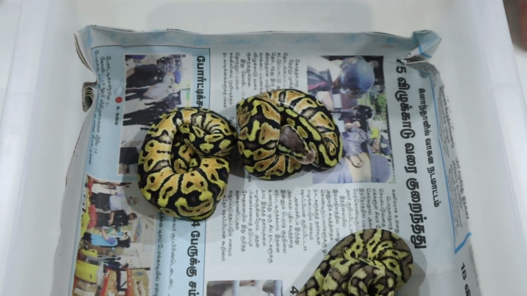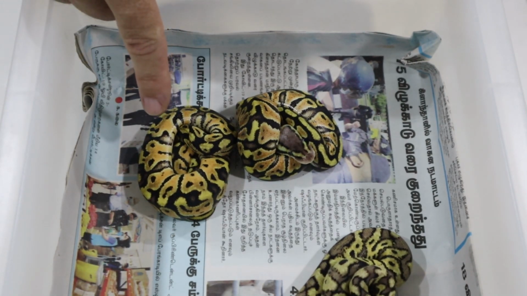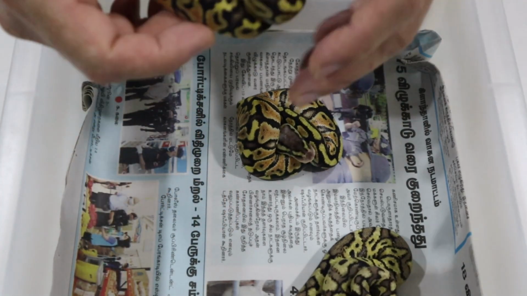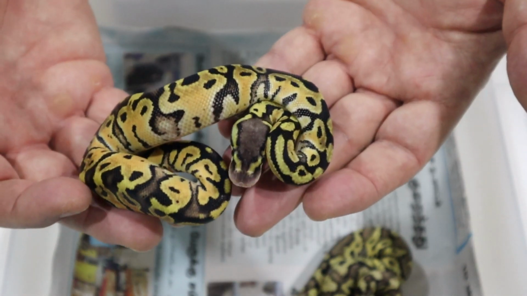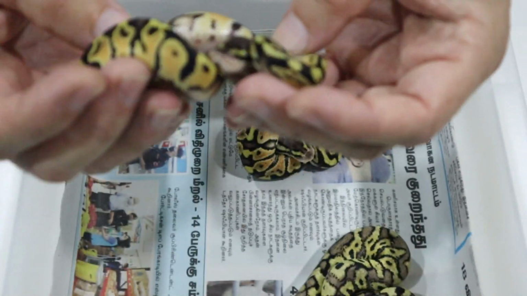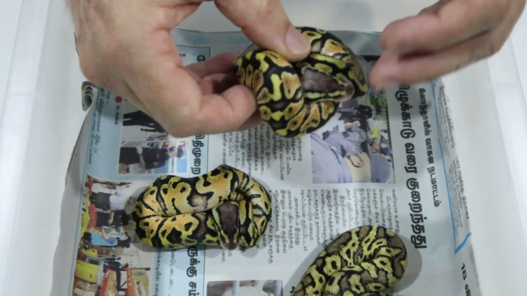The two remaining snakes here, you can see, are very, very similar coloured. They are both pastel. This one has a crazy pattern, this one has a much more regular pattern. If we look at the crazy pattern one first, it is actually very, very nicely coloured. This is just a pastel het for clown. I don't think there's anything else in here, just straight pastel. Whereas this one,